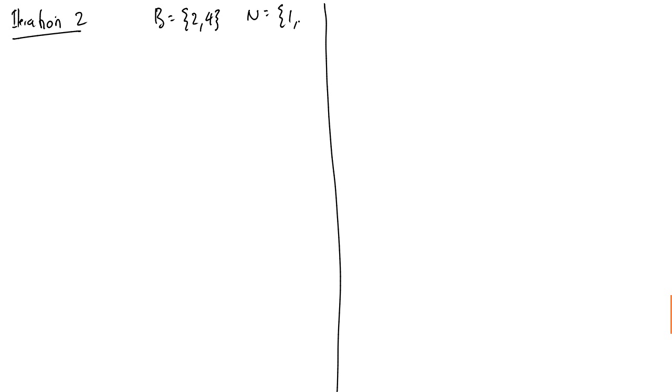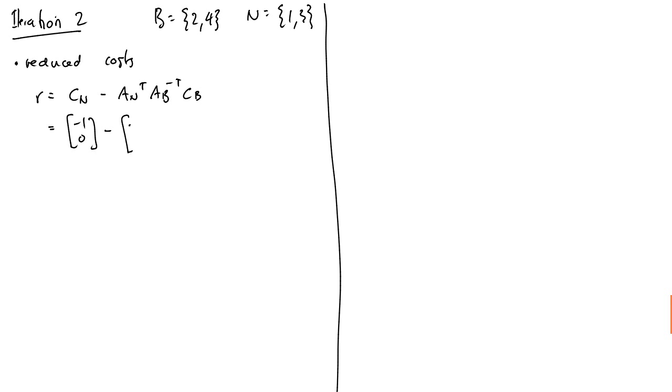So what we do now is we just start again. Iteration 2. We've got us a basis. Our basis is 2, 4. Our non-basic variables are 1 and 3. So once again we start with the reduced costs. r is once again c_N minus A_N transpose A_B inverse transpose c_B equals negative 1, 0